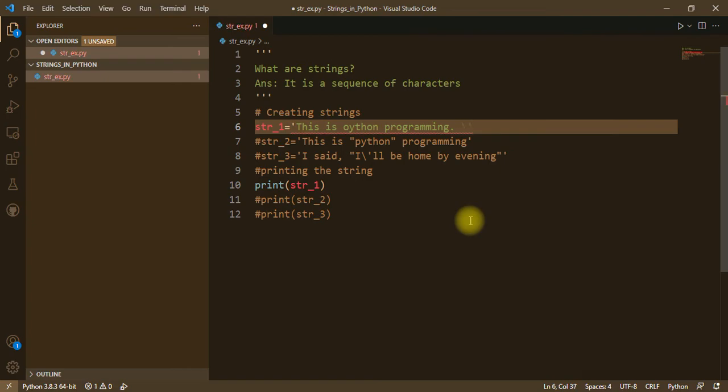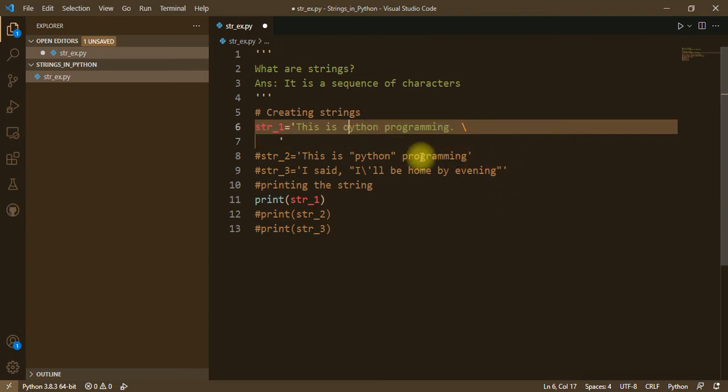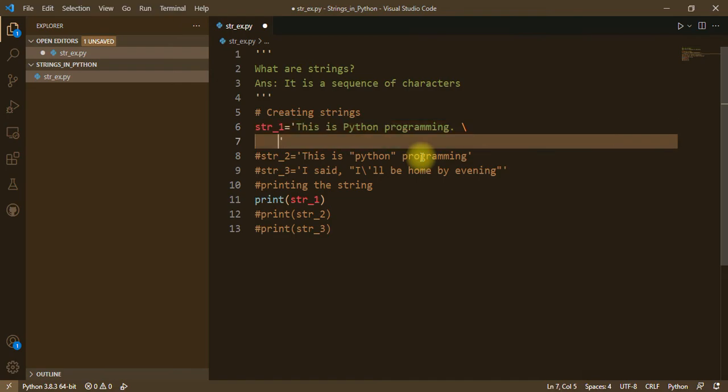You can use a backslash over here, just a backslash, then press enter, and you will be continuing in the next line. Sorry, I made a little typing mistake over here. So in the next line I can write, I love to do programming. This is how we can go to the next line. We just need to put a backslash and then press the enter button